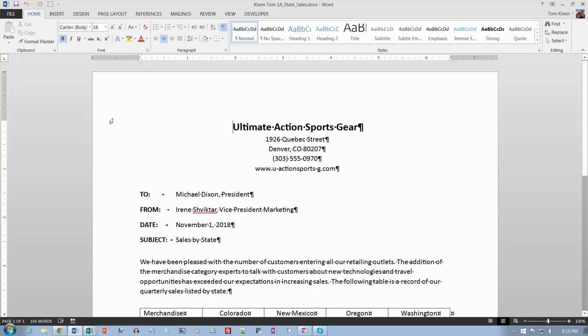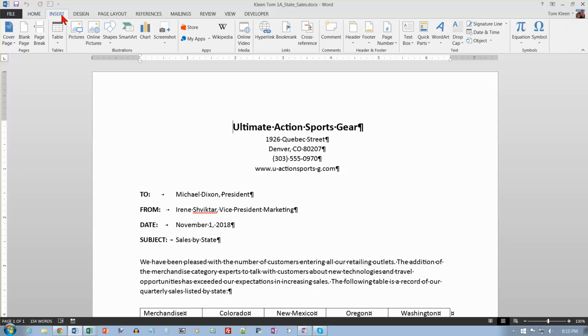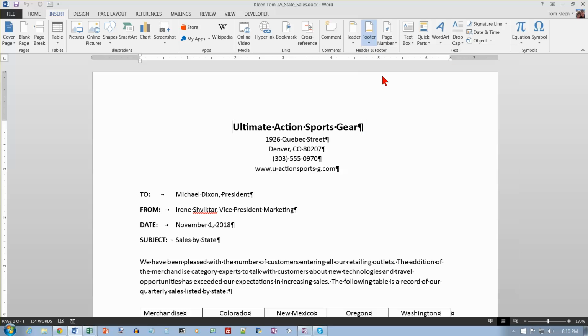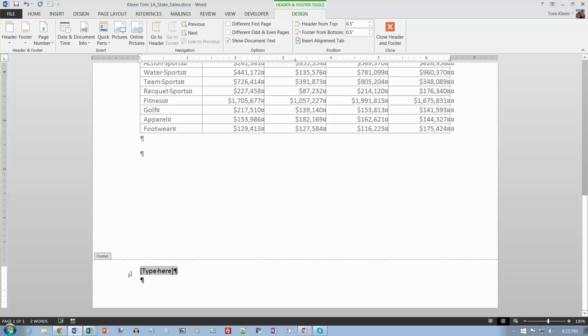And we want to insert a footer, and we want the file name. So let's go to our Insert tab here and go to Footer. And we're going to do a blank footer, and down here make sure you select that because we don't want to leave that there. And we want to go to Document Info, and we want file name,